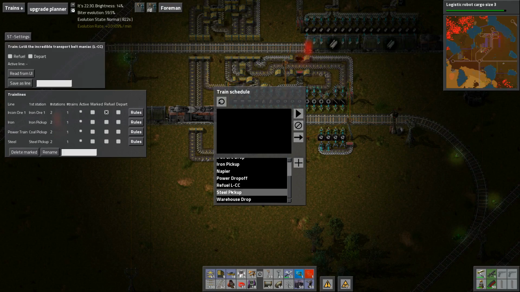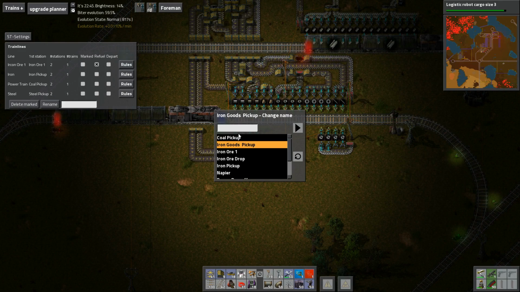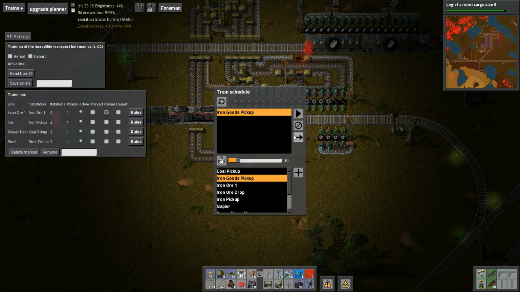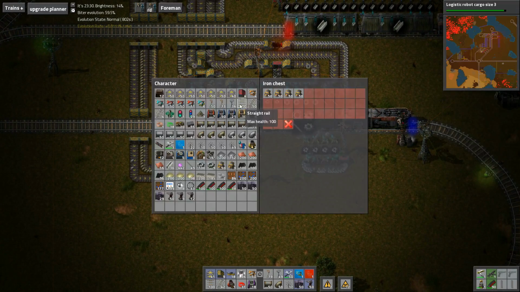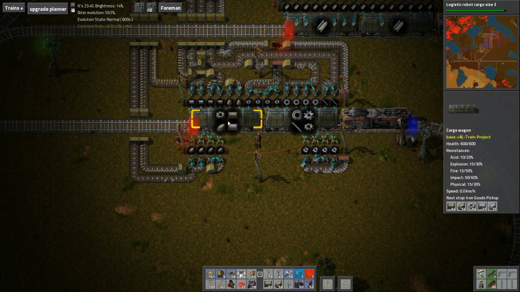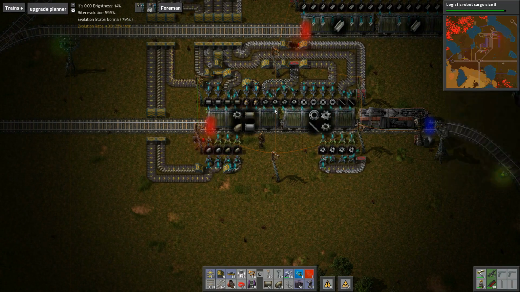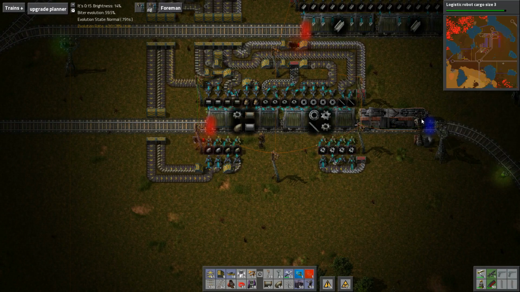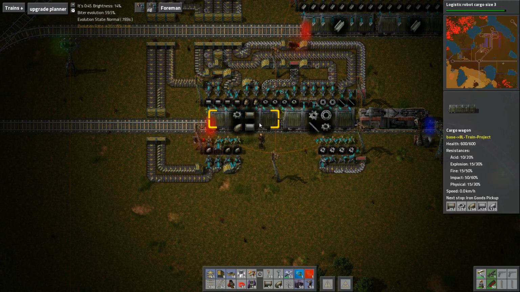Okay, so go to iron goods pickup. An extra space in there. Yes, there is. Go there. Alright, now we should see every single one of these go. Except the engines, and that's fine because I don't have anything that wants engines. So that was actually a really good test because I forgot to set up engines. So I will add engines, but for now this is fine. So the train is filling up nice and quickly, except